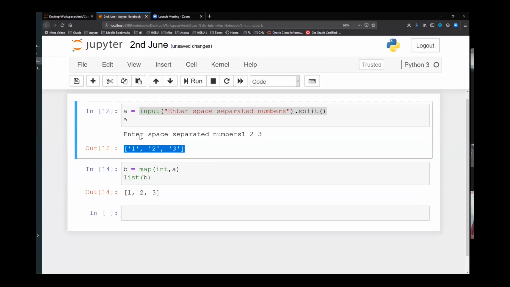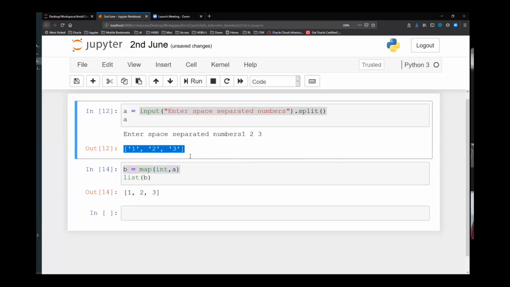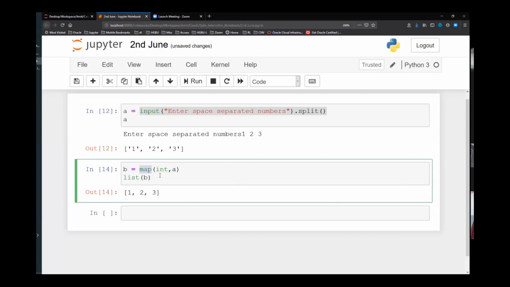So now all the numbers within this list are converted to integral values. All this while, I'm not sure if you have used map or if you are using something else while taking user input, you might be going in a for loop, and for every element you might be converting that int function to convert it to integral values from string values. But in one go you can convert whatever values in the list you have using this map function. So this is very handy.